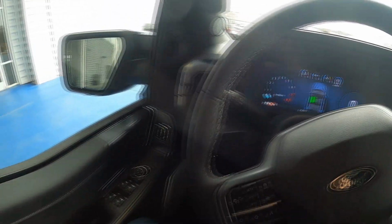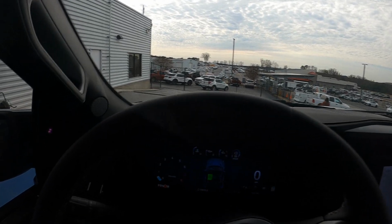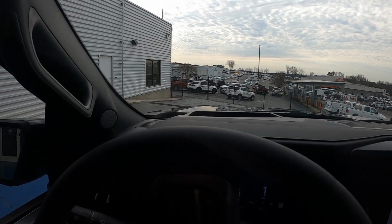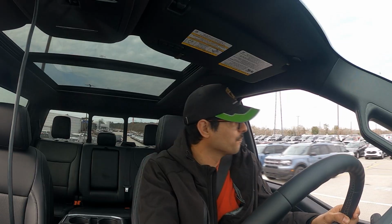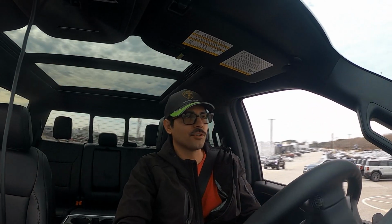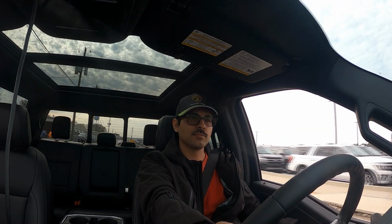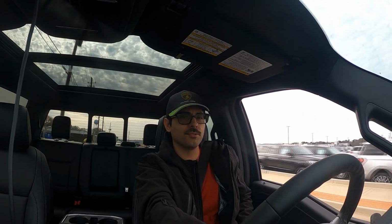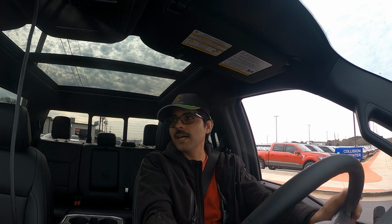95 miles. Live in the dealership. I don't know if it can be seen on the camera, but we got the heads-up display. I think that's pretty nice. So live in the dealership now. The truck's got 95 miles, so gonna take it at the stop sign. Turn right onto West Main Street. Gonna take it easy. Break the engine in. So gonna take some side roads. Drive the engine through its various RPMs. So I could take the highway, but when the engine's getting broken in, it's best not to keep it